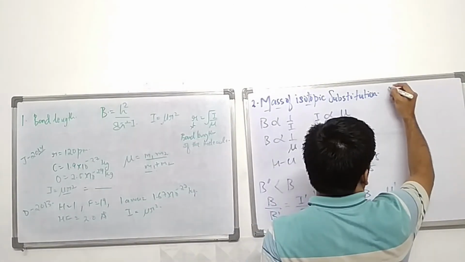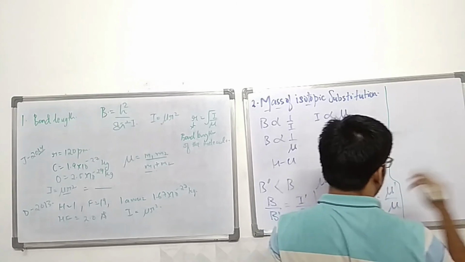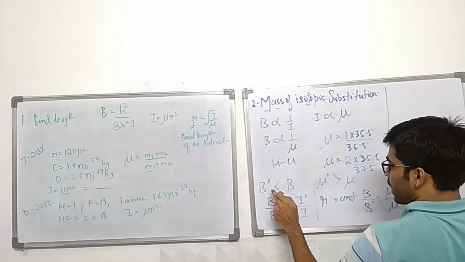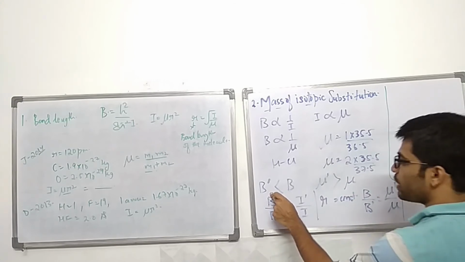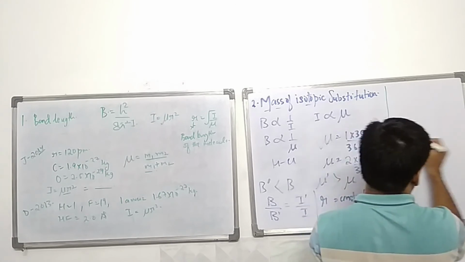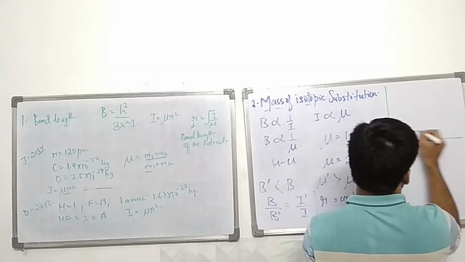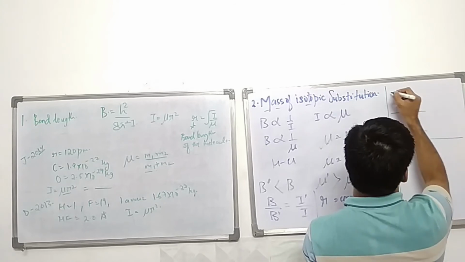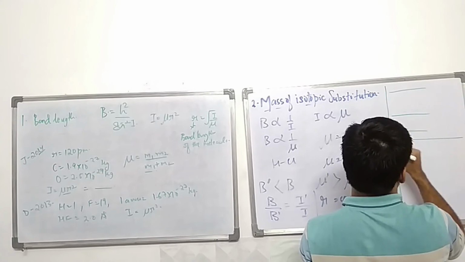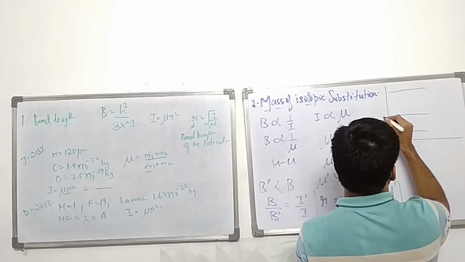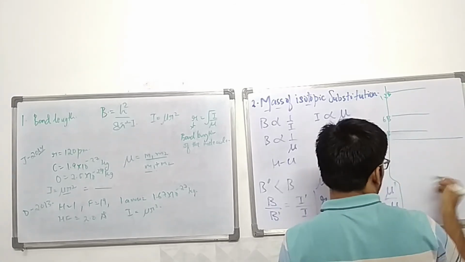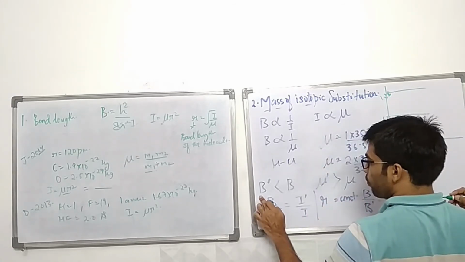Let's take a look at the energy levels first. So that means the values of the energy levels are now decreasing. Let's say this was the initial case. This is my 0, this is my 2B, 6B, 12B. Now for the isotopically substituted sample, the value of B will decrease.